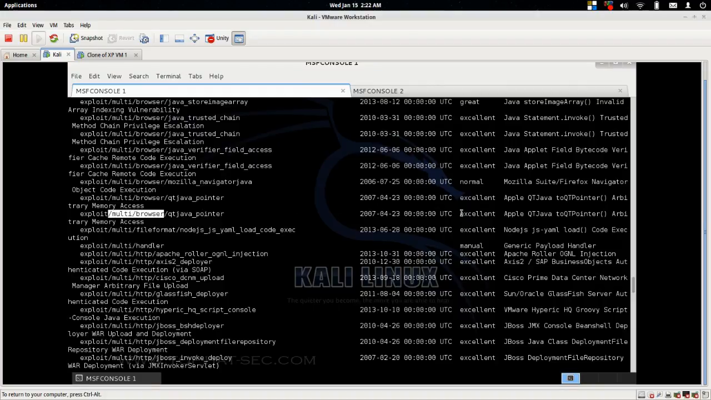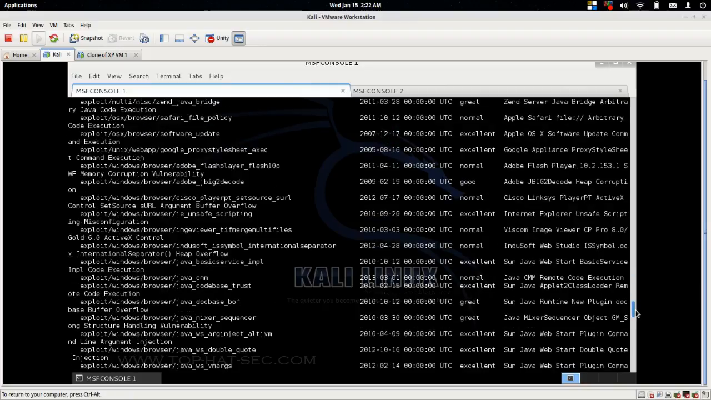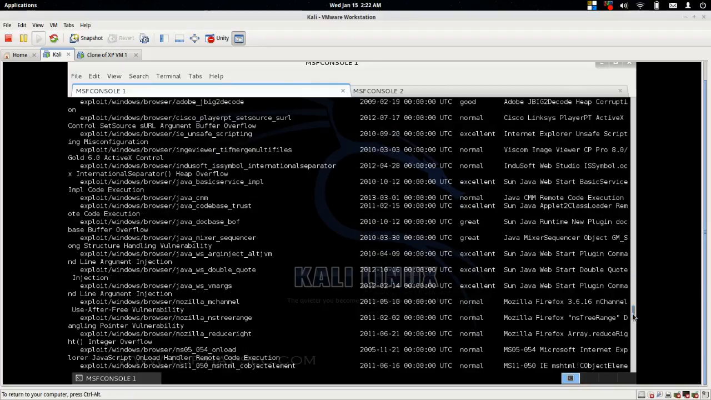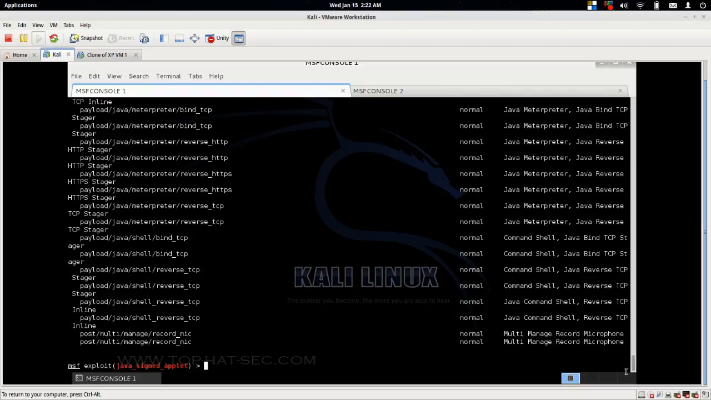Multi-browser. This one has an excellent rating, 2007. There's one for 2013. But anyways, you can just do your little homework. If you want to check out some of these other exploits for Java, you're more than welcome to. But I just wanted to show you a little bit of variety. So again, I know it wasn't the best, but I hope you guys